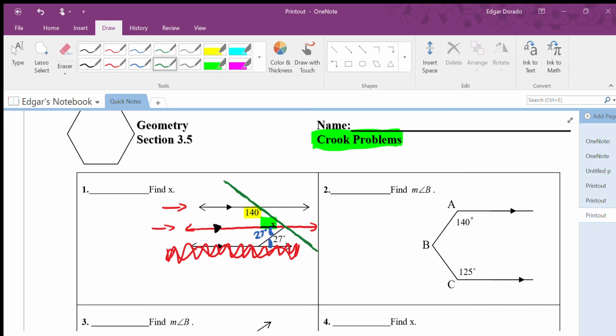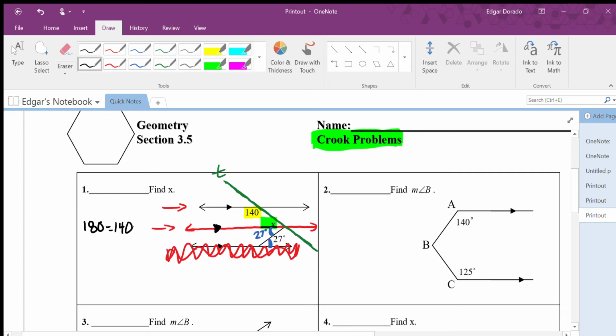In this case, I'll go ahead and call my transversal T. Okay, so they're on the same side and on the interior, so they are same side interior angles. Okay, and what do we know about same side interior angles, guys? That they must add up to be 180. Okay, so if those have to add up to be 180,